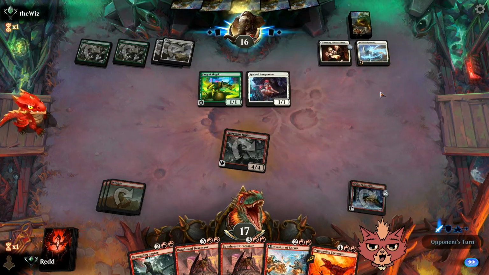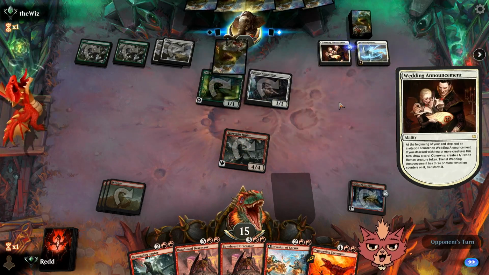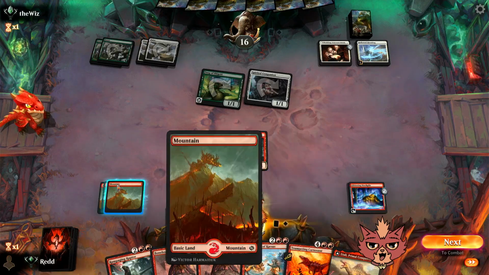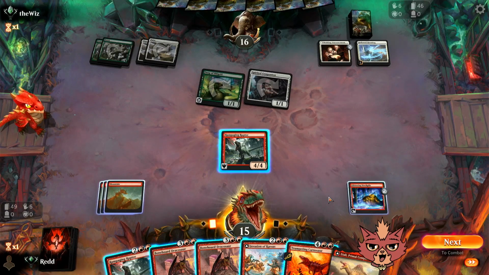Yeah, for explanations, I always try to get a middle ground. Okay, they go for the draw on announcement again. Invasion of Karsus hitting a lot less. Only the 3 mana. Was it a mulligan? Yeah, probably, but